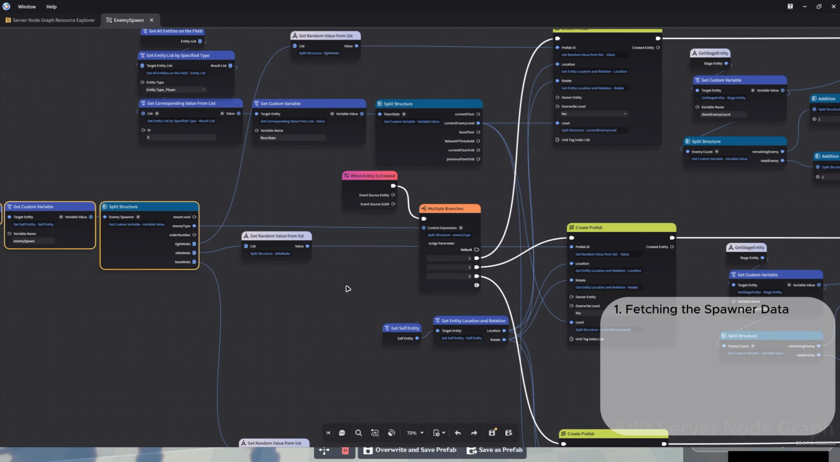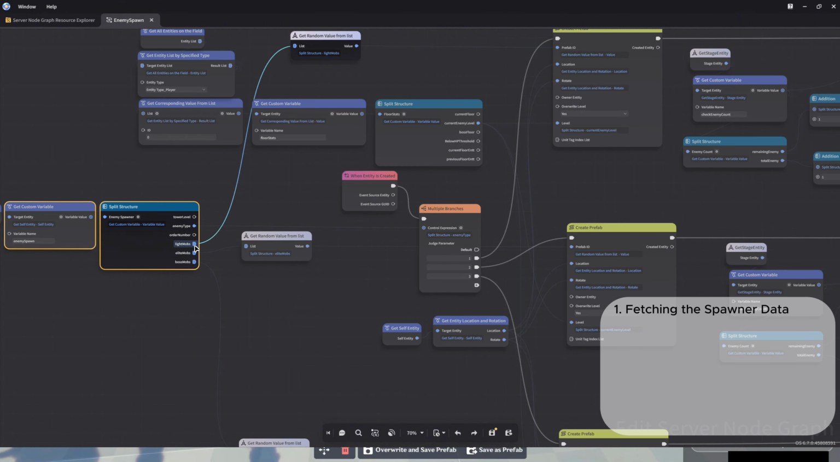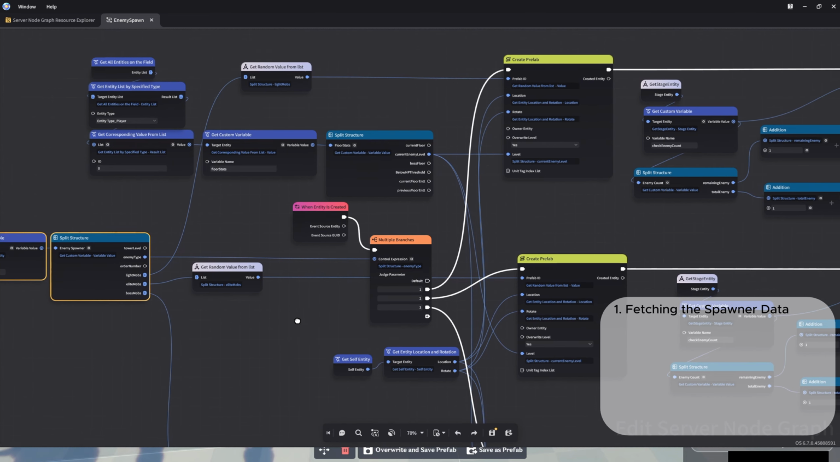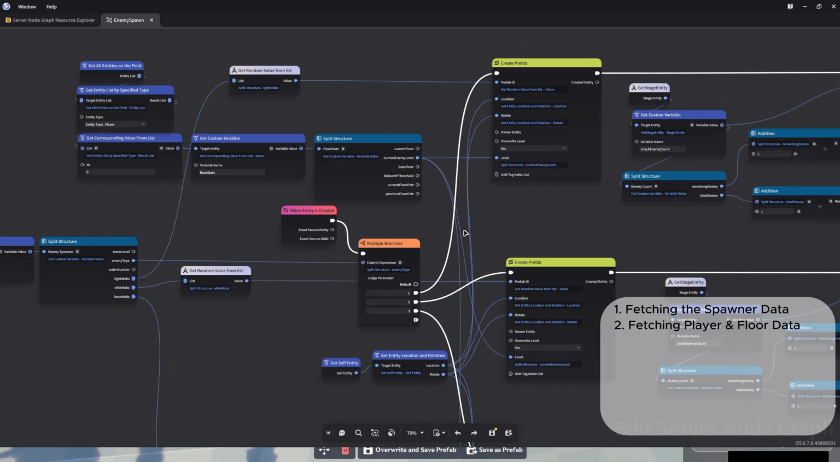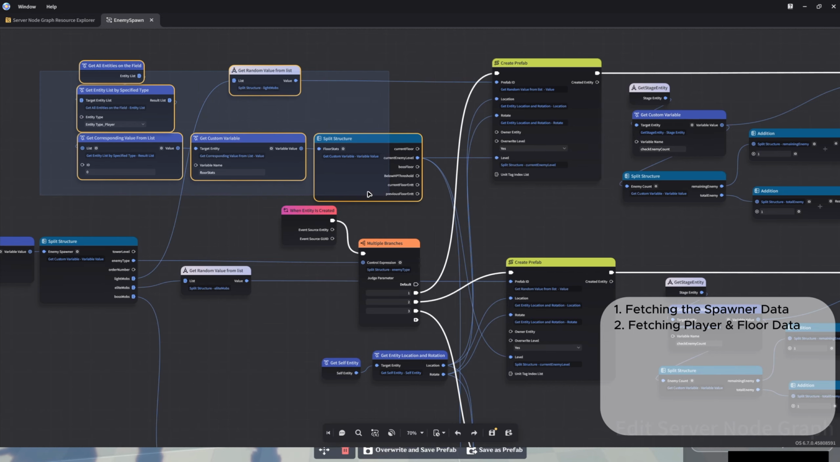Split structure, enemy spawner, unpacks the configuration object we looked at previously, breaking it down into its separate properties: tower level, enemy type, order number, light mobs, elite mobs, and boss mobs. 2. Fetching player and floor data, top path. Get all entities on the field gathers every active object currently in